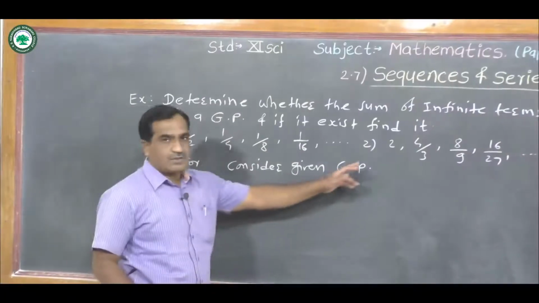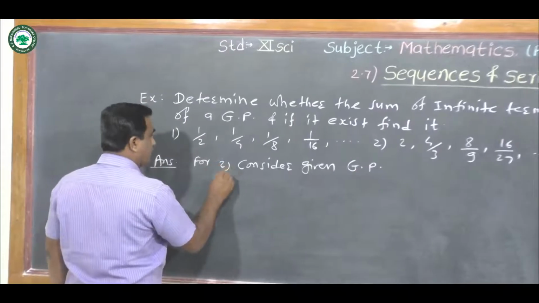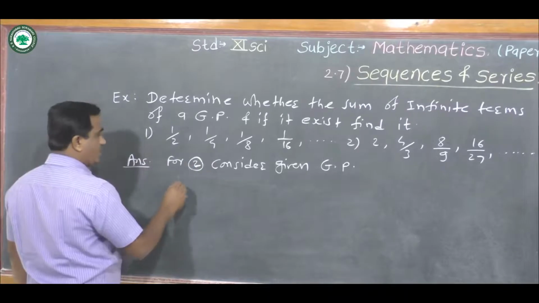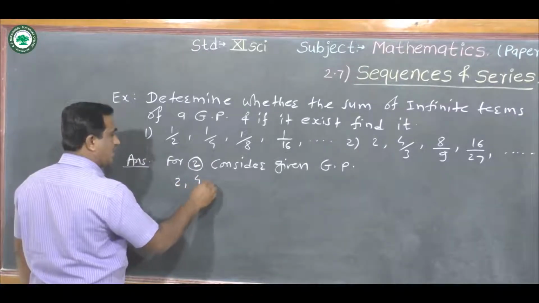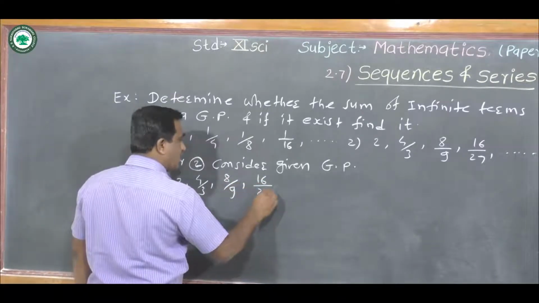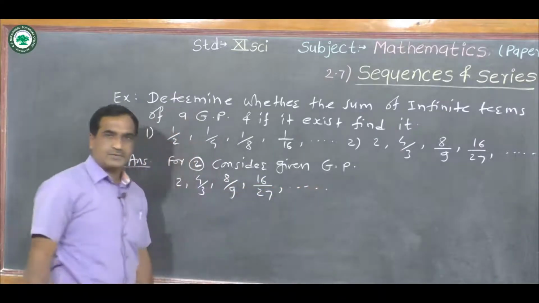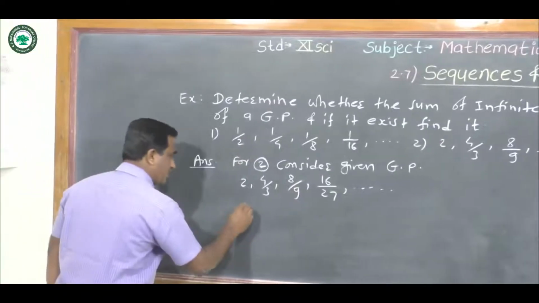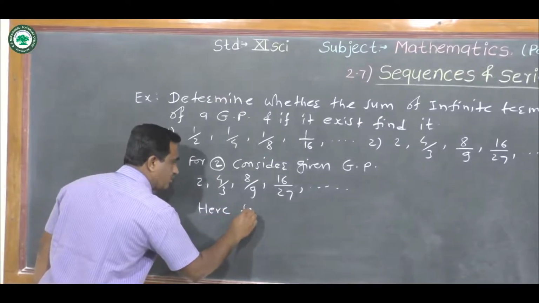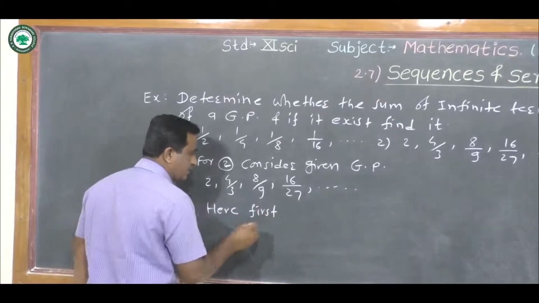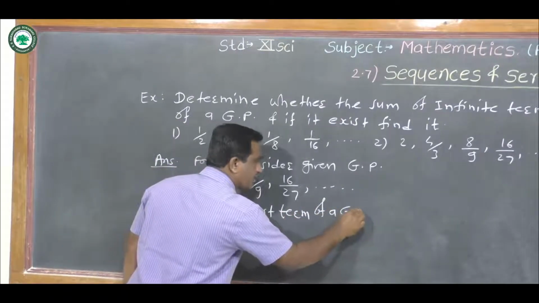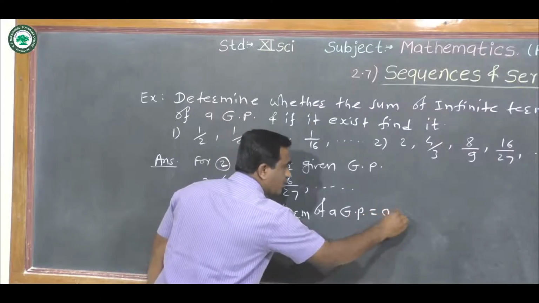Now the answer for the second geometric progression. Consider the given geometric progression again, which is 2, 4 by 3, 8 by 9, 16 by 27, and so on. Okay, here also, the first term of the GP is equal to A is equal to 2,